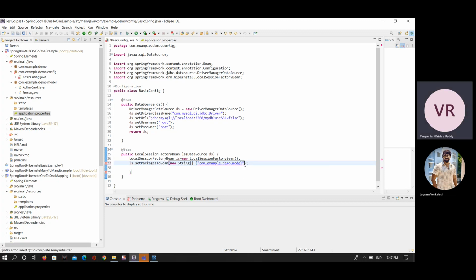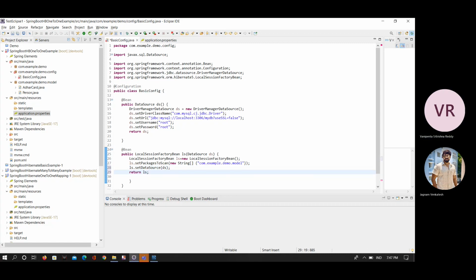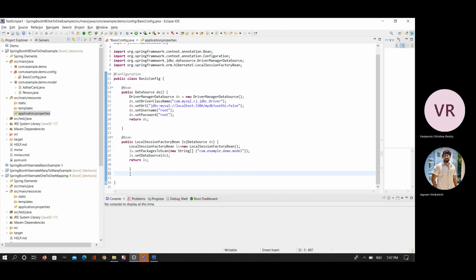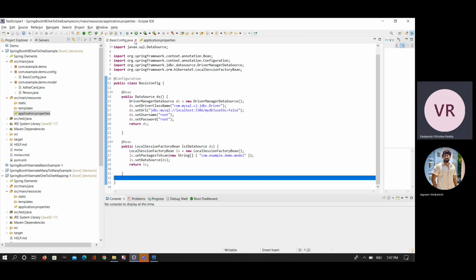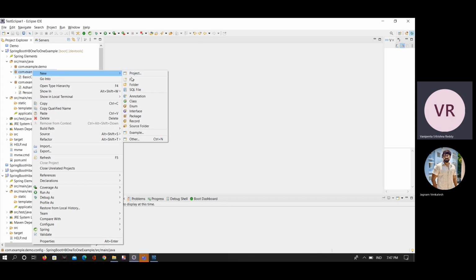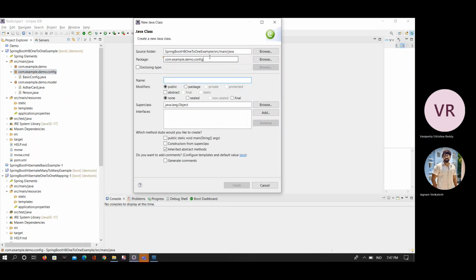Okay, and then ls.setDataSource(ds) and return ls. So we completed this part, and we have only the repo to create. Here we need to create the repo. So this is a person repo,